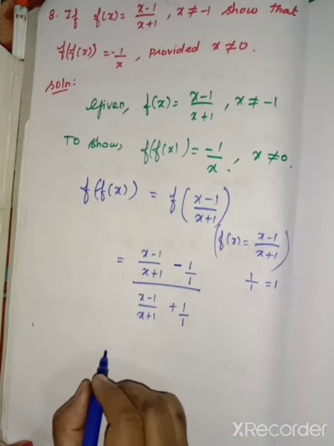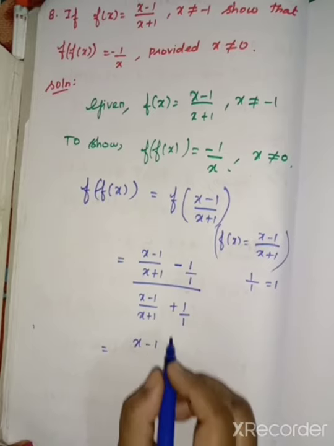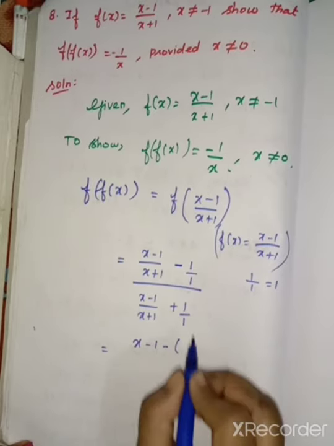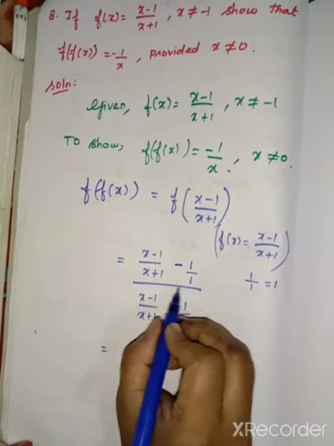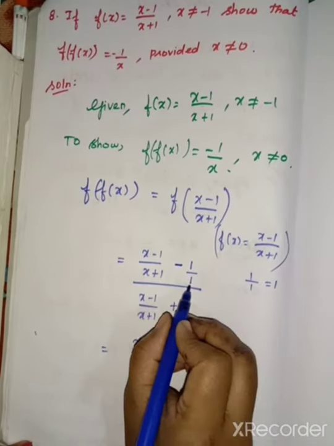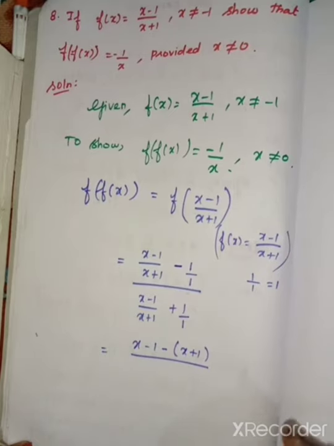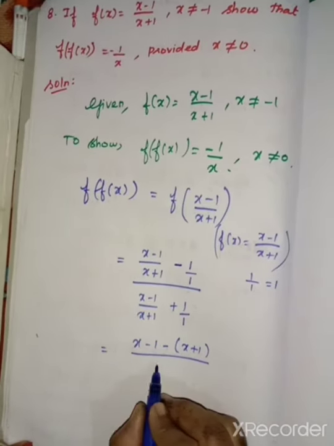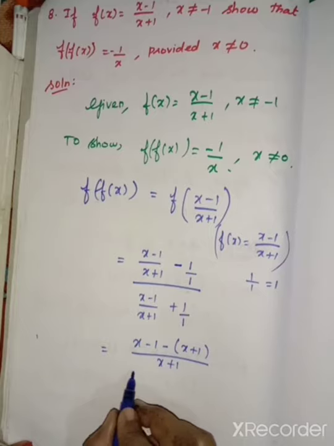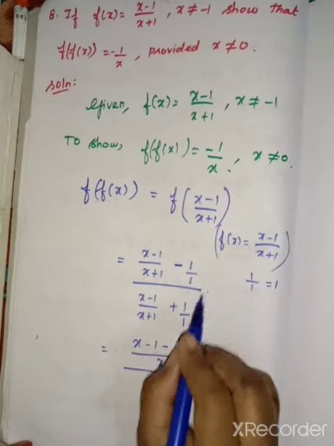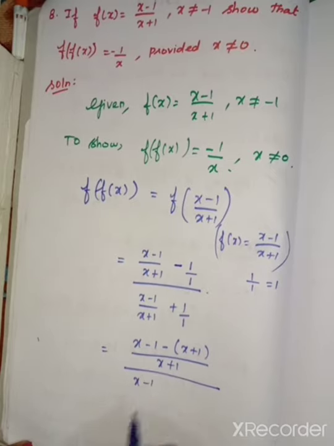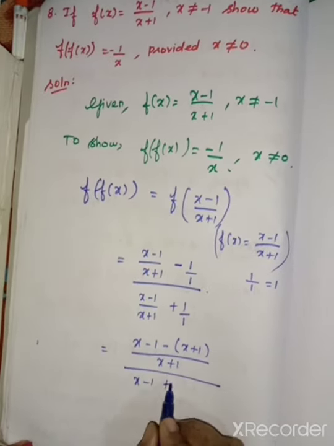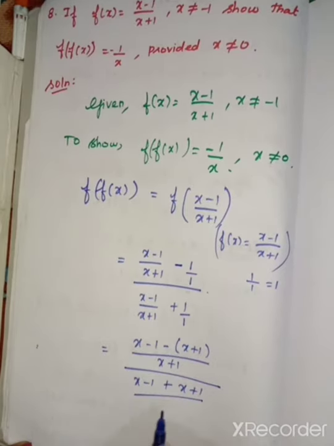So 1 into x minus 1, x minus 1. Here we have a minus sign. 1 into x plus 1, x plus 1, divided by, here we want to multiply x plus 1 into 1. If it is multiplied with 1, we get the same answer. So we can write it straight, this is whole divided. Again we want to multiply 1 into x plus 1, x minus 1, x minus 1. Okay, we have a plus 1 into x plus 1, x plus 1 divided by 1 into x plus 1,